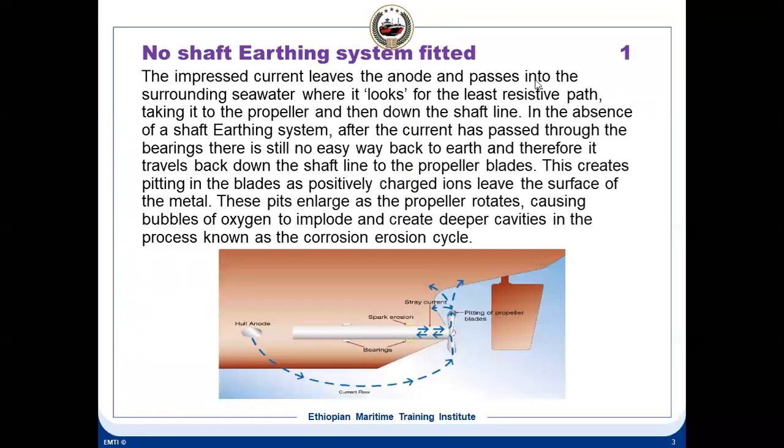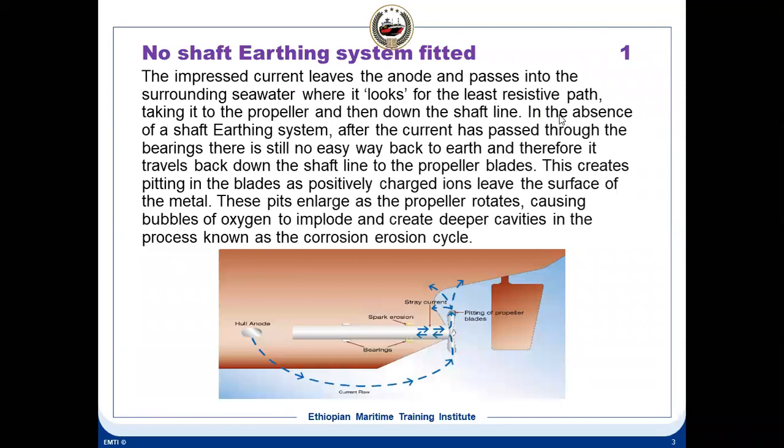So the last class we left out some questions on this shaft grounding. I will go to the drawings. Before that, let's just discuss why we need shaft grounding. If no shaft grounding is provided, then what happens? You can see in this drawing, there is no shaft grounding given here.